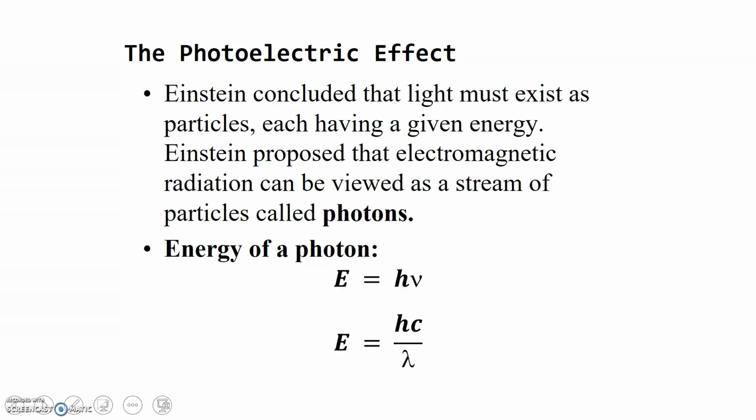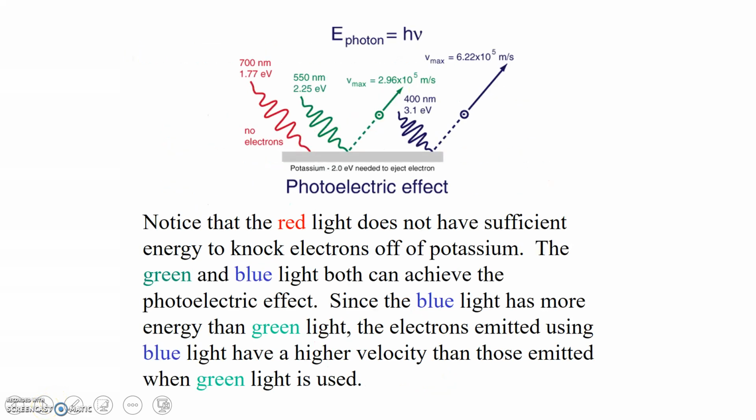So the photoelectric effect helped Einstein conclude that light must exist as particles in some way, each having a given energy. And so he proposed that electromagnetic radiation can be viewed as a stream of particles called photons. This is a combination of the Planck-Einstein formula and the speed of light formula, in which the energy of a photon can be calculated directly with those 3 bits of information: Planck's constant, the speed of light, and the wavelength of light, the light